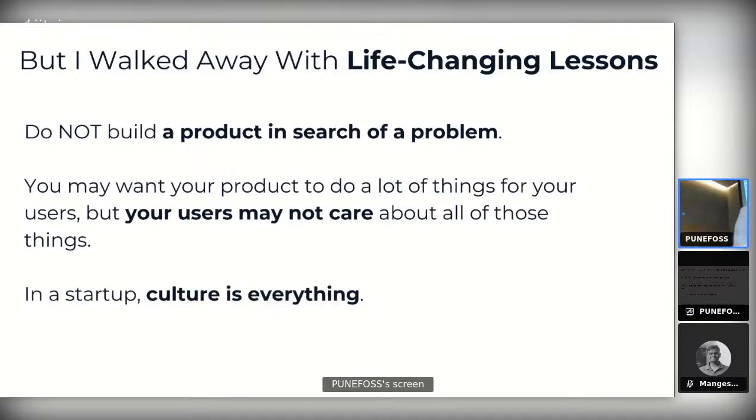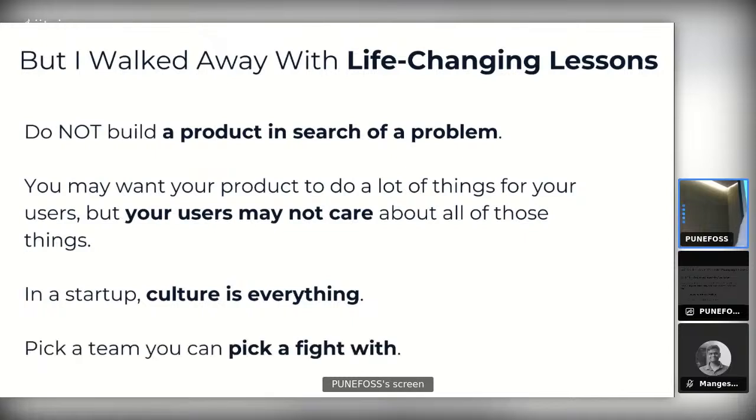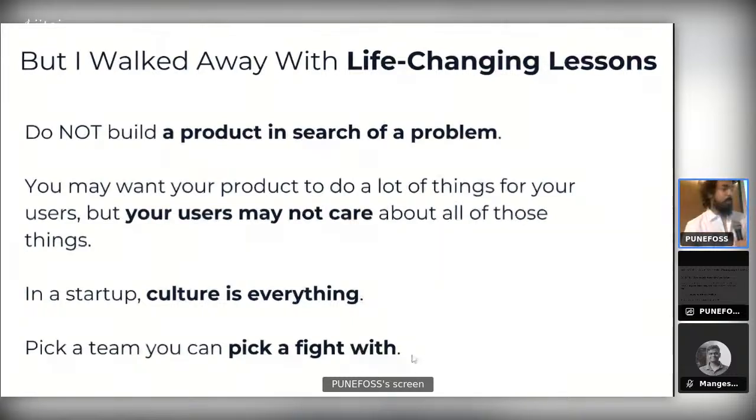In a startup, your culture is everything. Not strategies, not fundraising, not your marketing, not even the product that you're building. It's the culture you have internally as a team, which brings me to the last point, which is